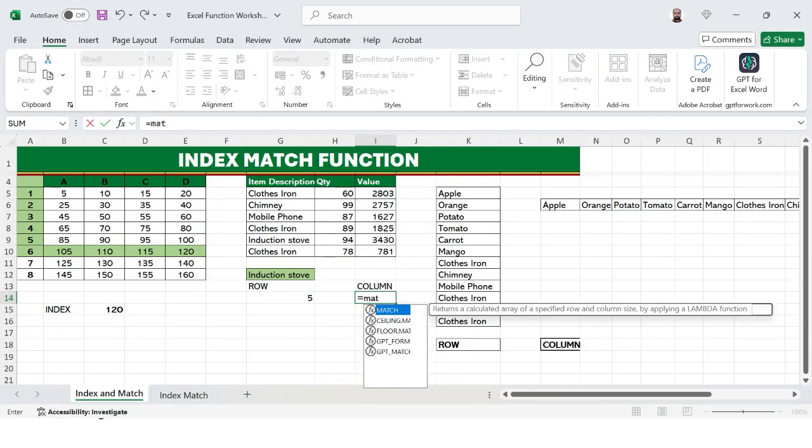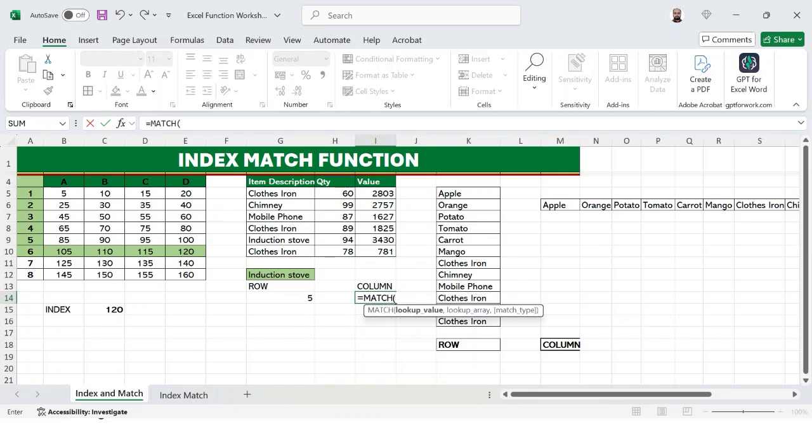Now see how this function works in a column. So here MATCH, bracket start, and this time the lookup value would be 3430, comma, and the lookup array this time is this one, and the match type is again 0.